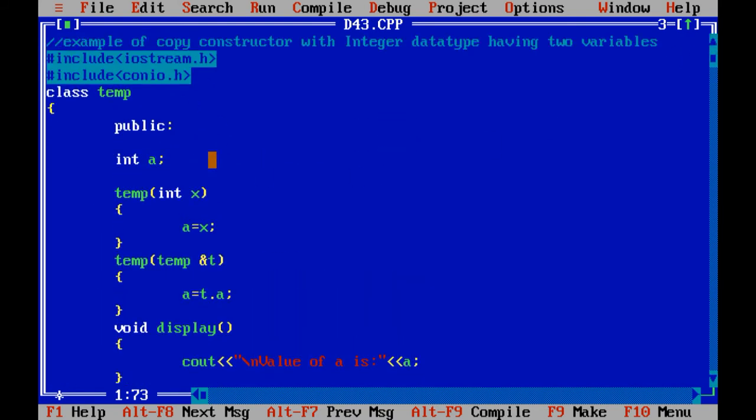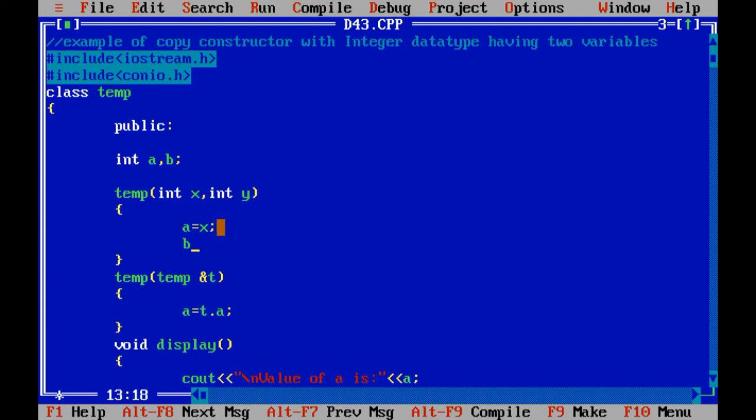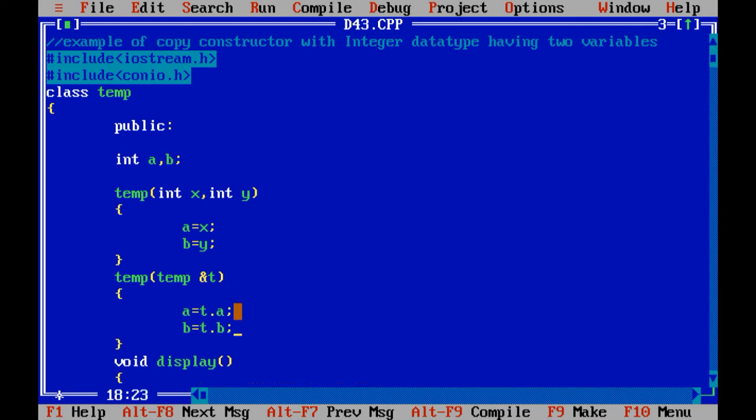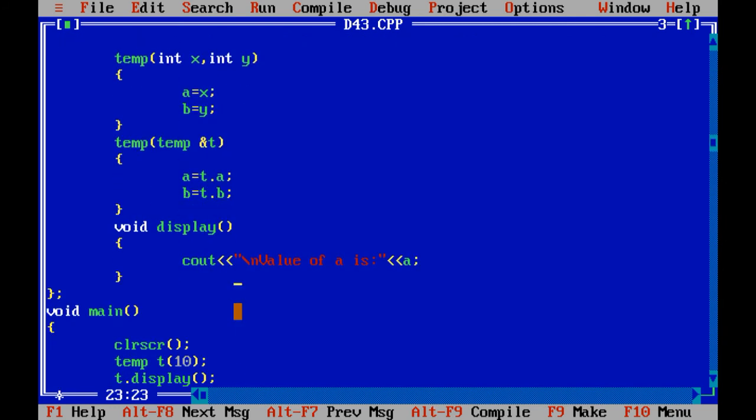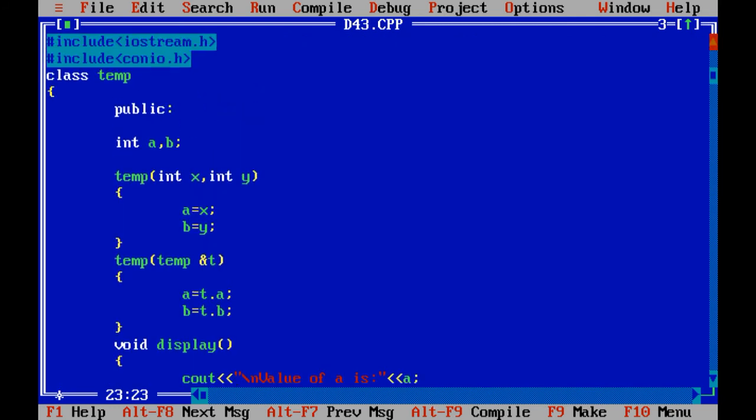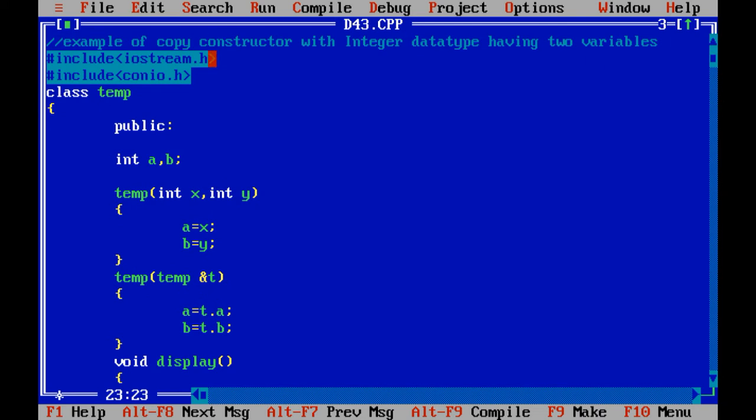Remember one thing. First of all, I need to declare two variables over here. Similarly, in the argument also, integer x comma integer y. Over here b equals to y. Over here b equals to t dot b. See, this is the very easy changes you can perform, right? What we did, I want to show the demonstration of copy constructor with integer data type having two variables.